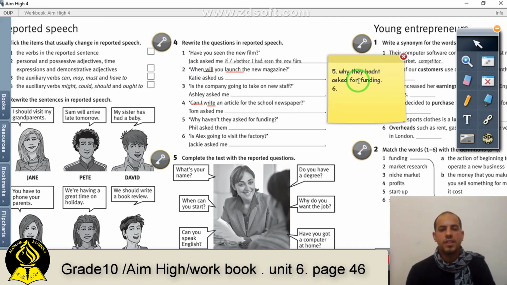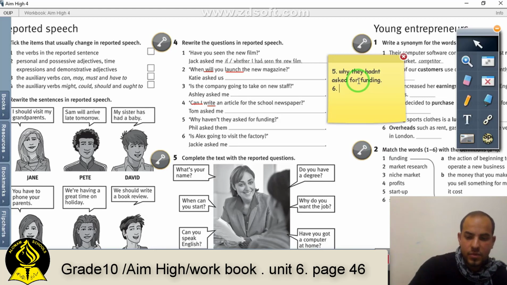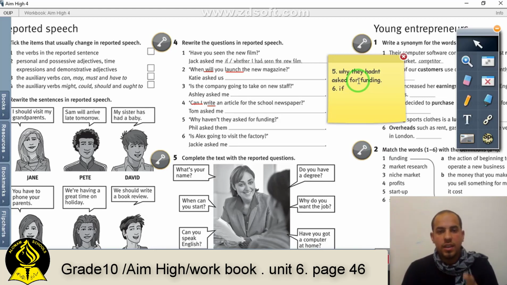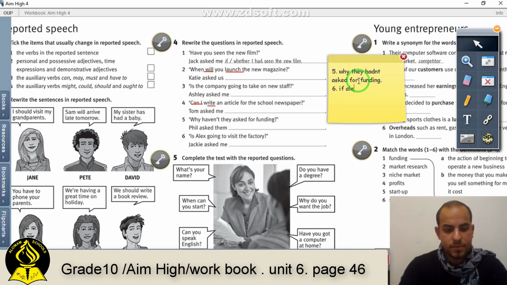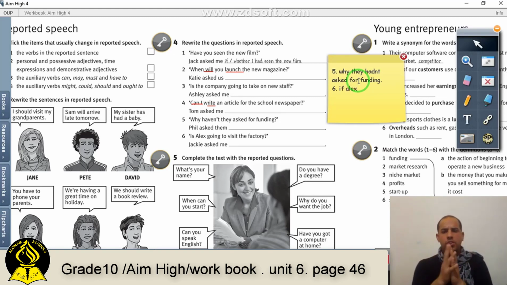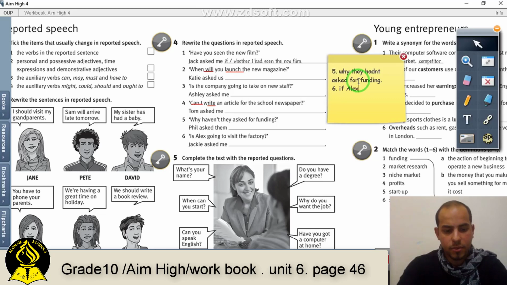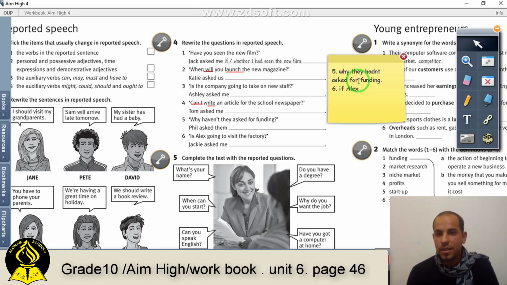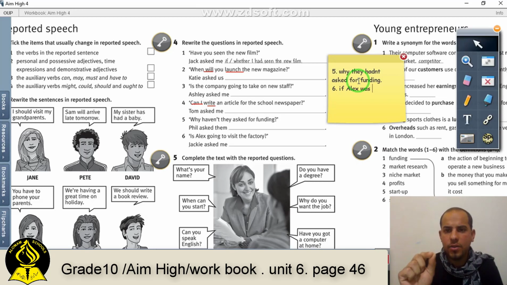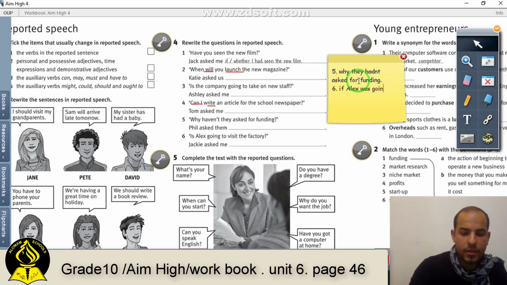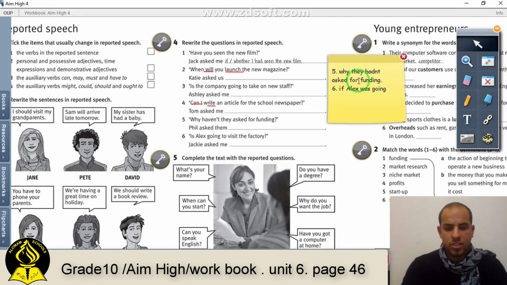Number 6 and the last one. Is Alex going to visit the factory? Jan asked me. This is a yes or no question, so we start with if. Jan asked me if the subject is Alex, because we have the name of a person, so we use the same name. If Alex, here we have a mistake. We have to start with a capital letter because this is the name of a person. This is a proper noun. If Alex is going, it changes to what? Am, is, are, to was and were. If Alex was, because we have a singular noun, was going to visit